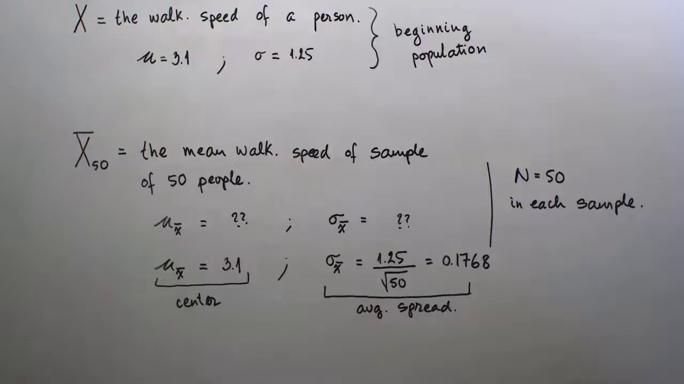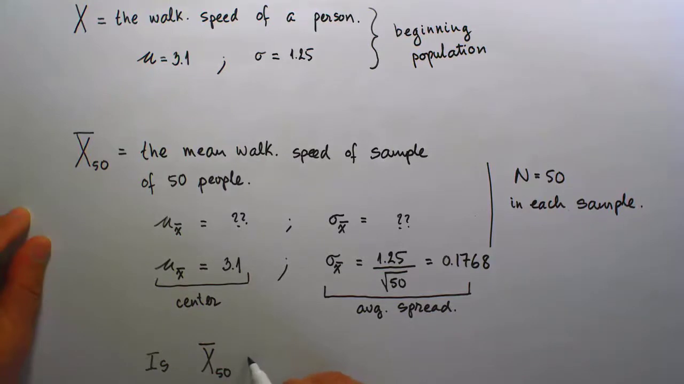The next, which is also the third piece of information regarding our sampling distribution of the mean here, is that we want to know whether or not, I'm starting out with the question, yes or no, is this sampling distribution, this random variable capital X bar 50, normally distributed? If it would be, then the mean, the center, would be at 3.1, and of course the standard deviation of this population must be at